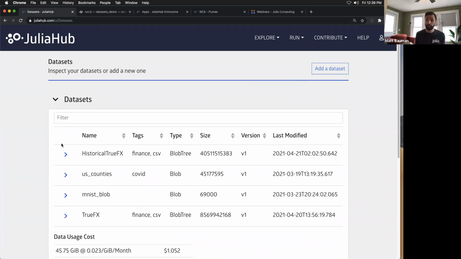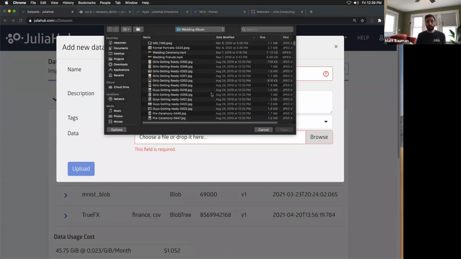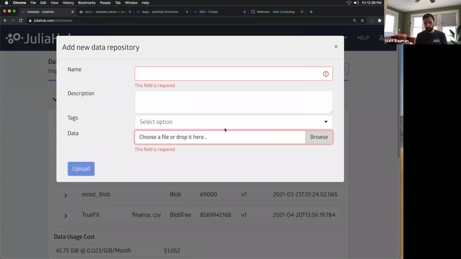you can potentially choose to do this interactively and do it just in your web browser, right? You can add a data set, set up its name, set up its tags, and choose a file from your file system to upload. This will just upload it from your local file system through the browser, which leaves some things to be desired, right? When you're dependent upon a browser session to upload 40 gigabytes of data or more,